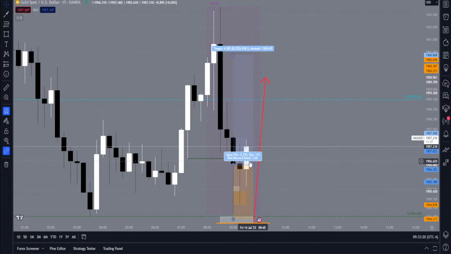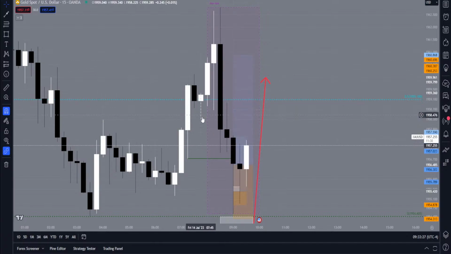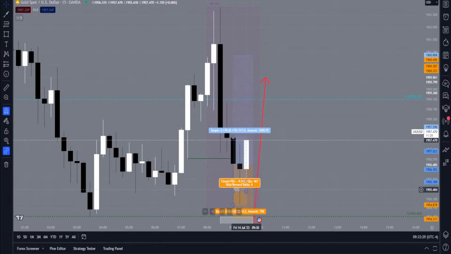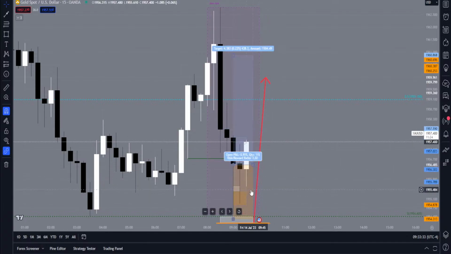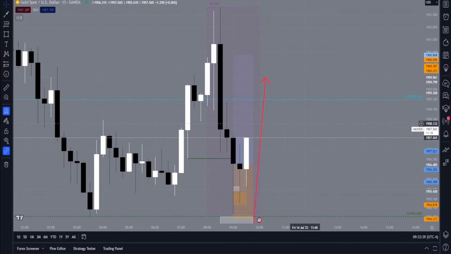This 15-minute candle just started, right? So this could go all the way up here. It could go all the way up or end around here because it already made the bottom wick. So I don't expect this to be going down any further. If this is going to reverse and keep going higher, it's not going to come down here anymore.